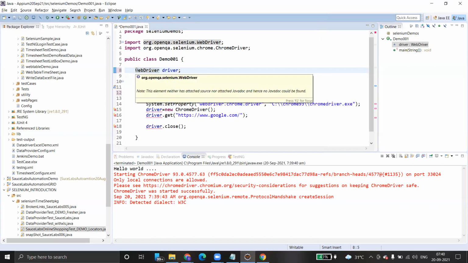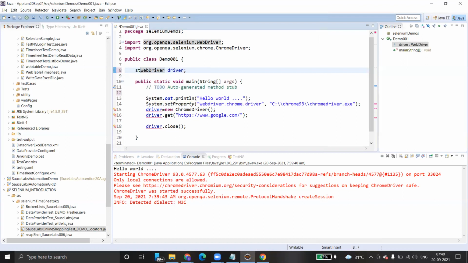What is the meaning of static? Static is a class variable. That means whatever changes you make at the class level will apply. It's not a method-level variable. Whenever you create a static variable, it acts as a class variable.